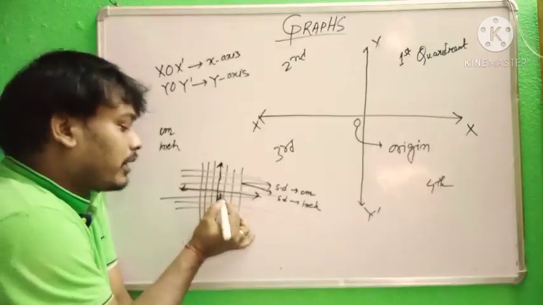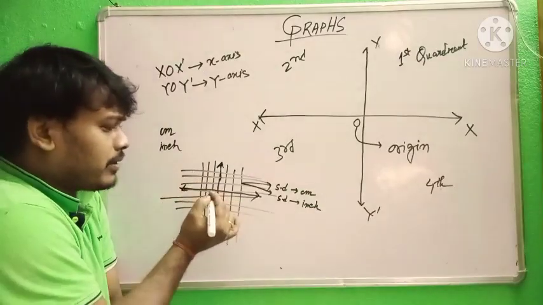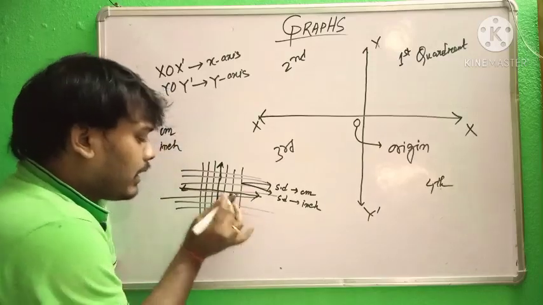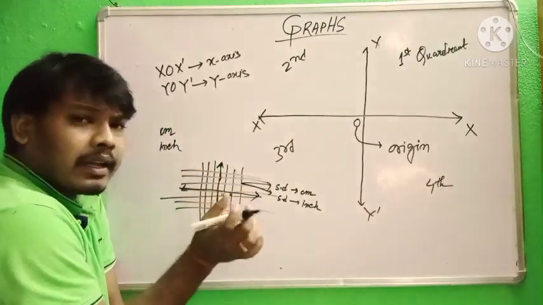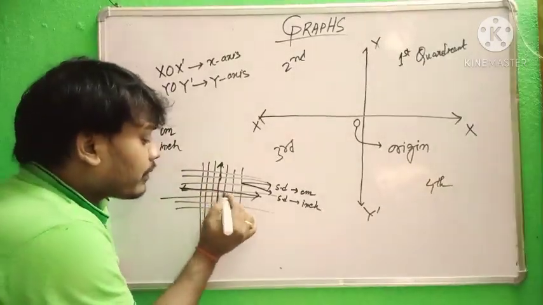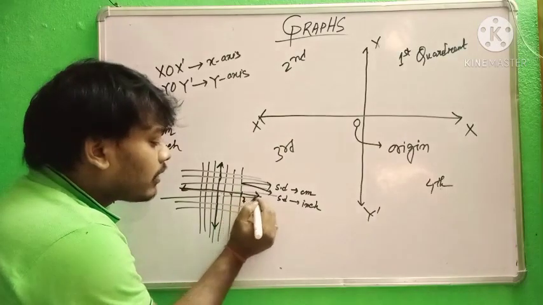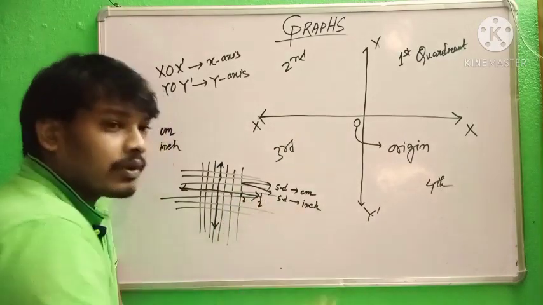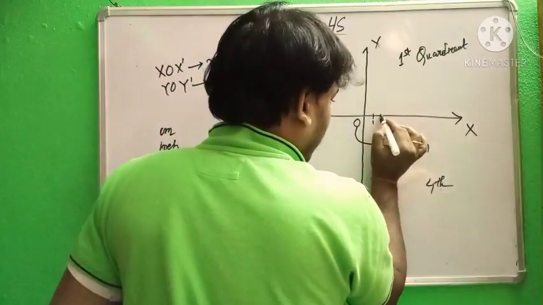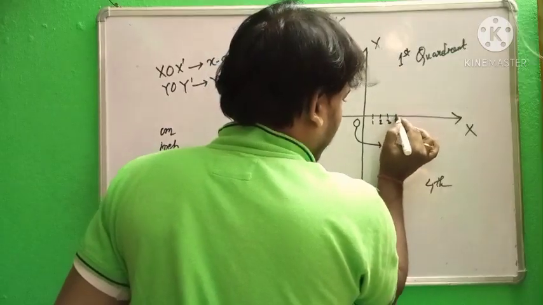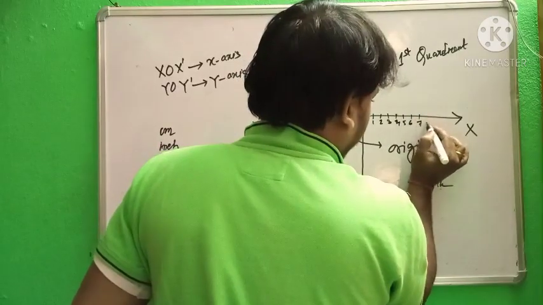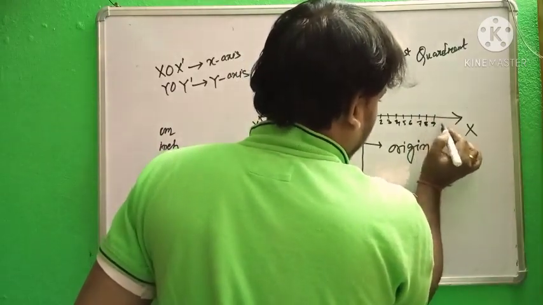And the small division is very small. That means if we take 1 centimeter equal to 1 unit, 2 units, here the distance is bigger, but in actual graph paper the distance is smaller. So we take it this way: three small divisions equal to 1 unit, then the other three 2 units. In this way we have to go. So we take 1, 2, 3, 4, 5, 6, 7, 8, 9, 10.